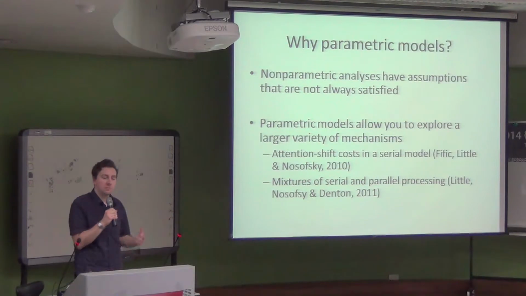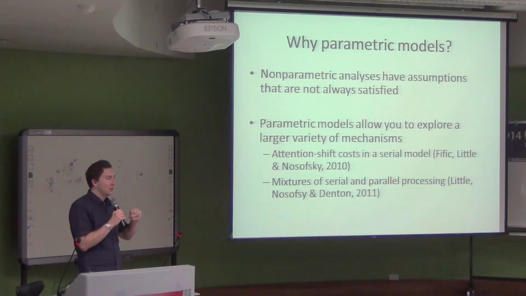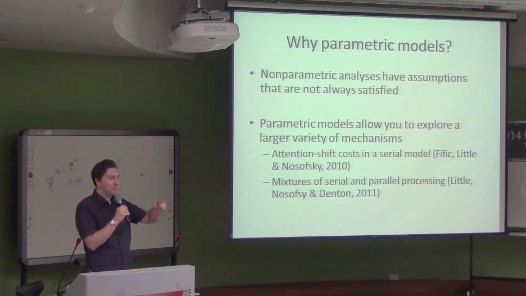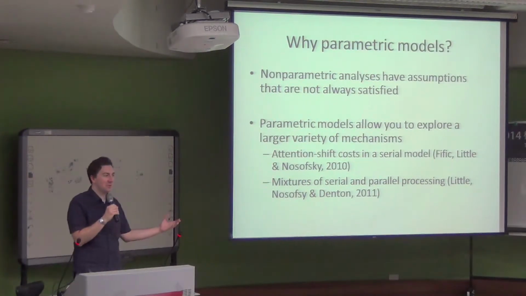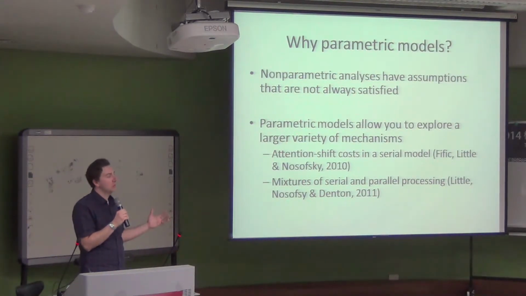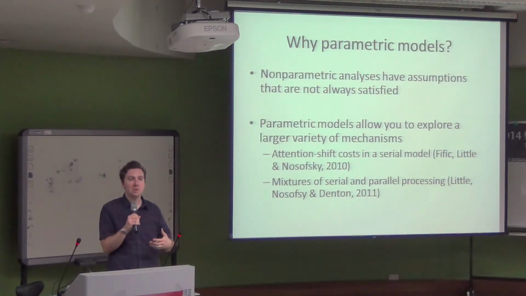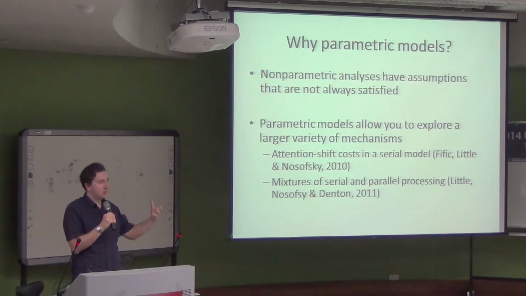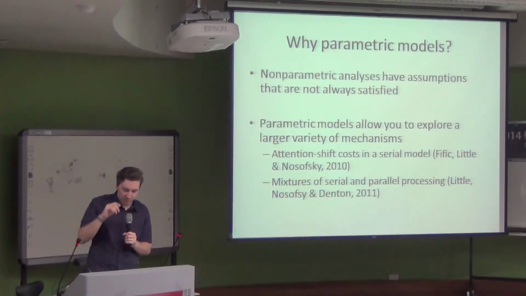We had another example. We had really nice looking data that looked somewhere in between a serial model and a parallel model. So we fit the SICs and they were mostly negative, but with a little bit of a positive blip. So it wasn't quite completely parallel exhaustive. It looked like there was a little bit of mix of serial exhaustive in there. So we were able to take a parametric approach and mix together a serial process and a parallel process to show that actually provided a better explanation of the data based on our model fitting tools than either one of those information processing models on their own.